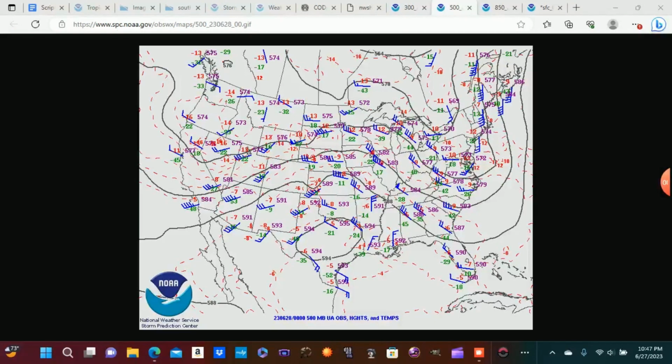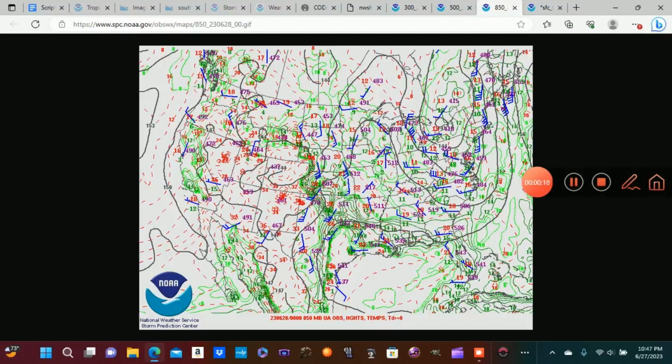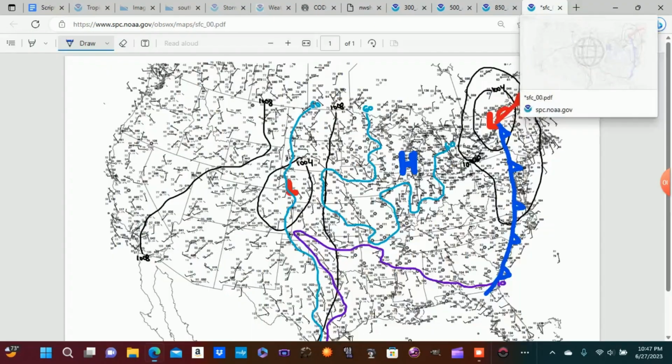So also at 500 millibars, we have stronger 500 millibar winds traversing the Rockies. And as we know, that creates broad cyclonic flow. We see outlined here across the central Rockies this evening. We also have a low-level jet that is located over the Great Plains that is about 20 to 30 knots. And that is helping to initiate the mass response down at the surface.